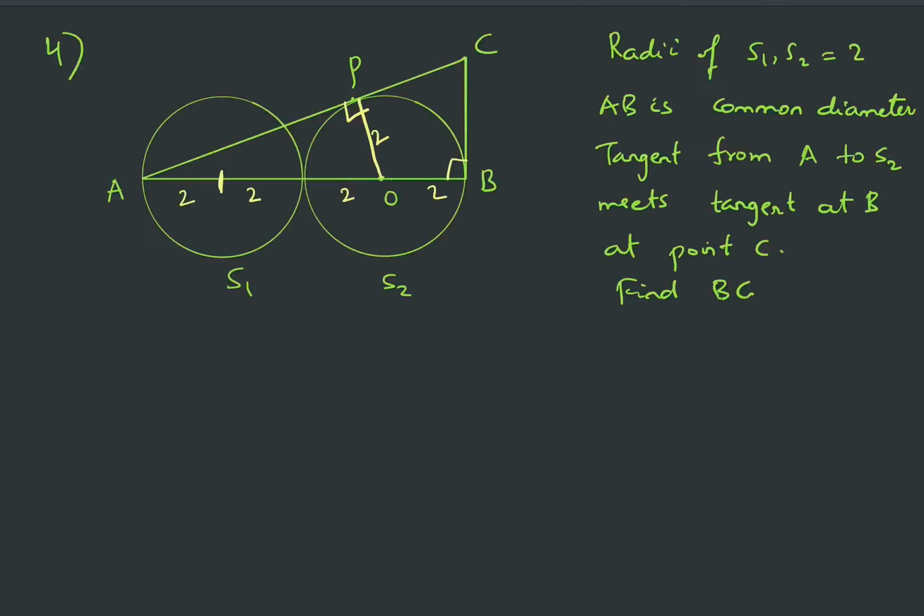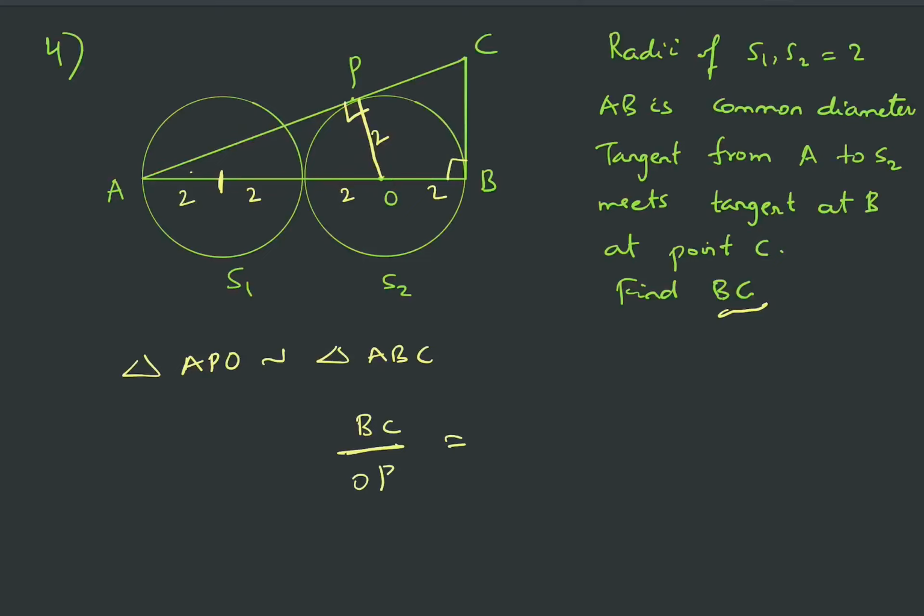So if you spot the similar triangles, you can see that triangle APO is similar to triangle ABC because one angle is 90 and angle A is common. So by angle I can say that triangle APO is similar to triangle ABC. So we want to find the length of BC, right? So let us use the proportionality of sides. So BC, which is opposite to angle A, the side opposite to angle A in this triangle is nothing but OP.